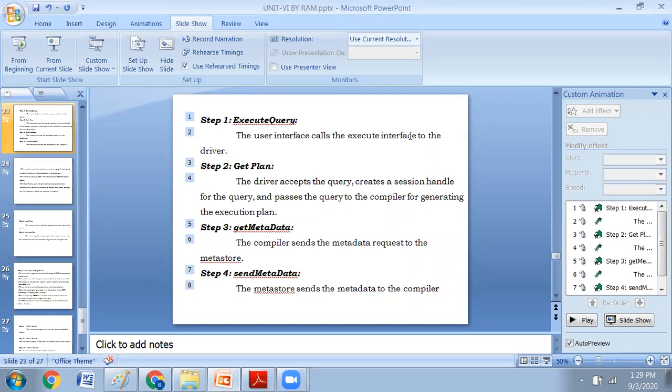In tomorrow's class, we will see what are the basic data types in Hive. Okay, like our SQL where we have varchar, char, integer, int, float. Similarly, tomorrow we will see what are the data types that are available in Hive SQL. From tomorrow's class, we will see the data types and how to write the queries in Hive. Okay, like our SQL, we will see with the help of HiveQL. We will learn from the next class.